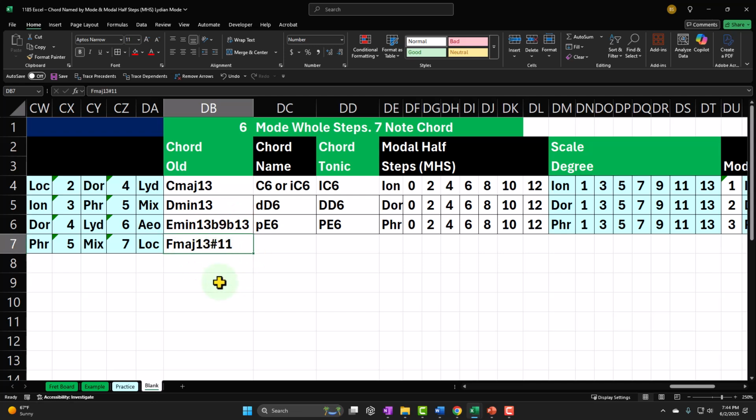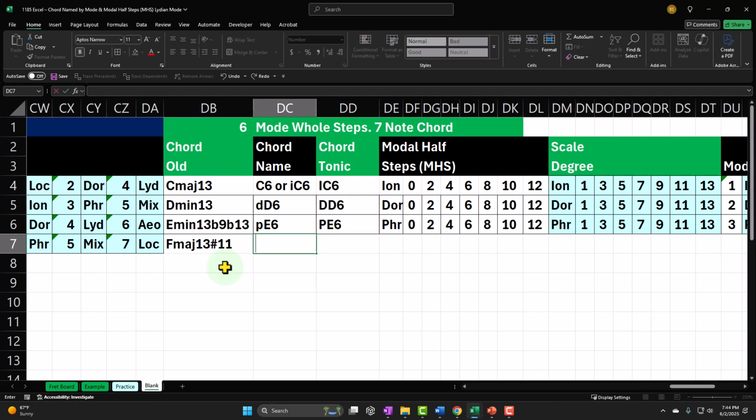So again, ugly. I know it's a 7-note chord. No one plays a 7-note chord, but they do. They might add that last note in there, so you might see something like that. And it doesn't need to be that ugly. It really doesn't. You could just call it like a Lydian